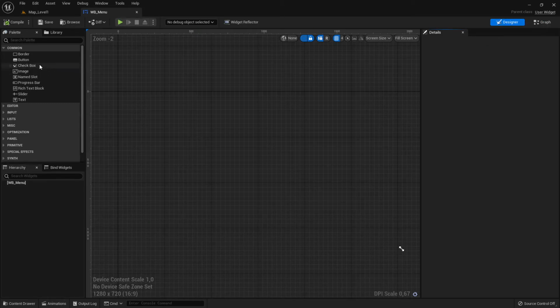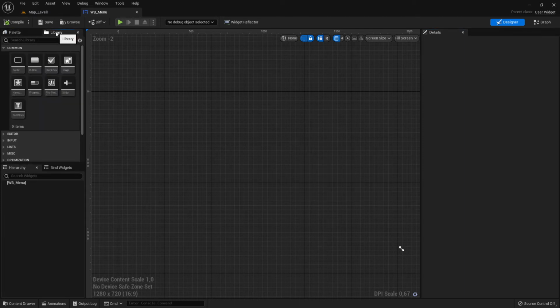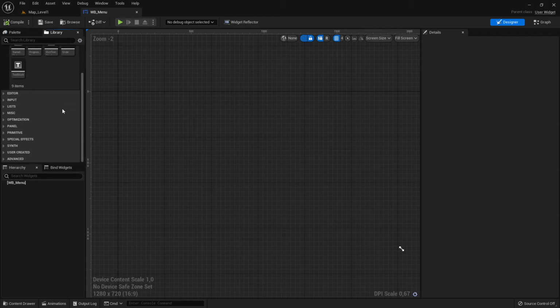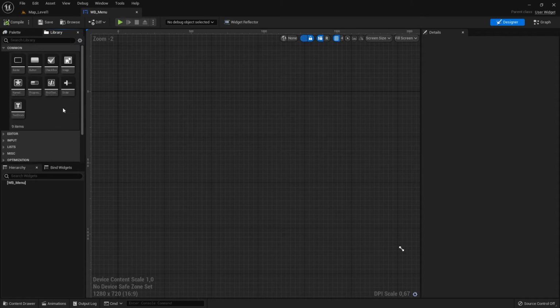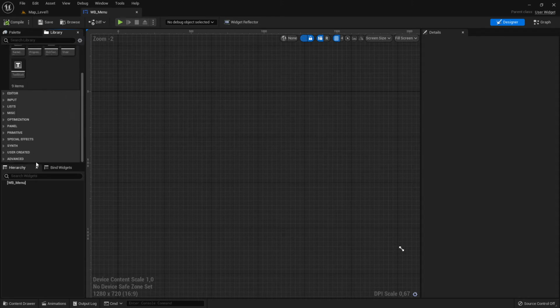On the left side we have here two things. Library, is this new or so? I'm not sure. This library I never used so far, because I use normally only palette, and the palette means all the